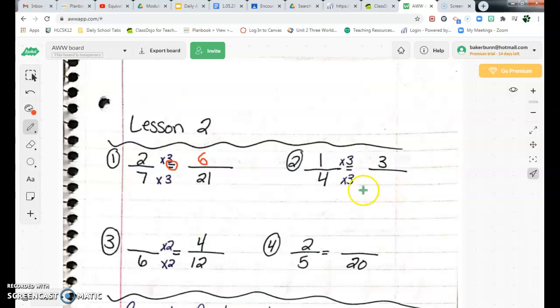I'll come over here and do this one with you. I want to find an equivalent fraction of 1/4. So what's another way to write 1/4? Well, I told you I wanted you to multiply it by 3. 1 times 3 is 3 for my numerator. Well, if I multiply my top by 3, I've got to multiply my bottom by 3. 4 times 3 is going to get me 12. So that tells me,